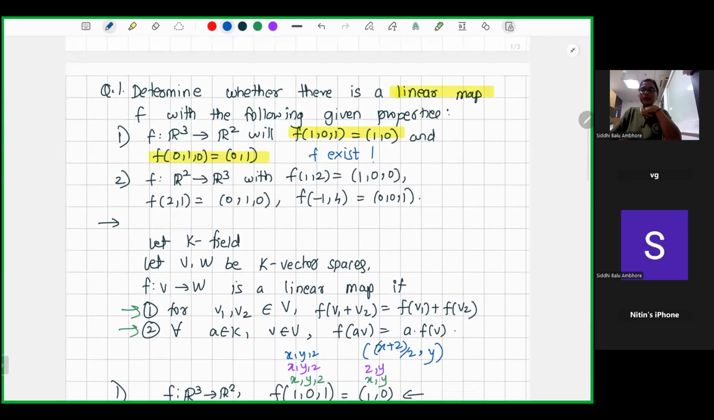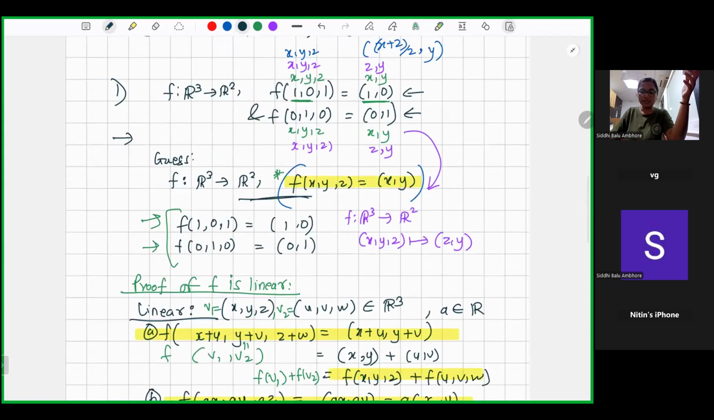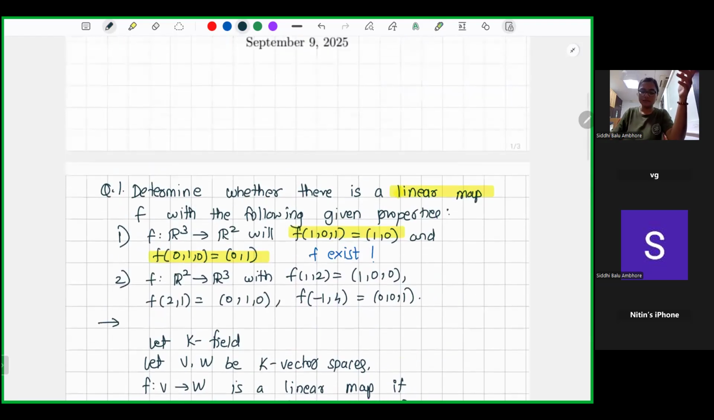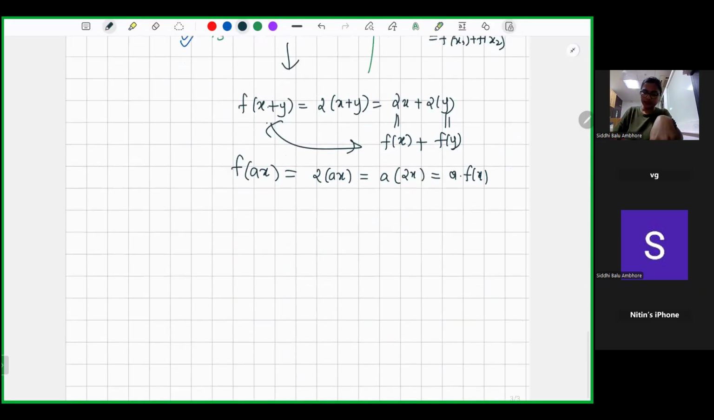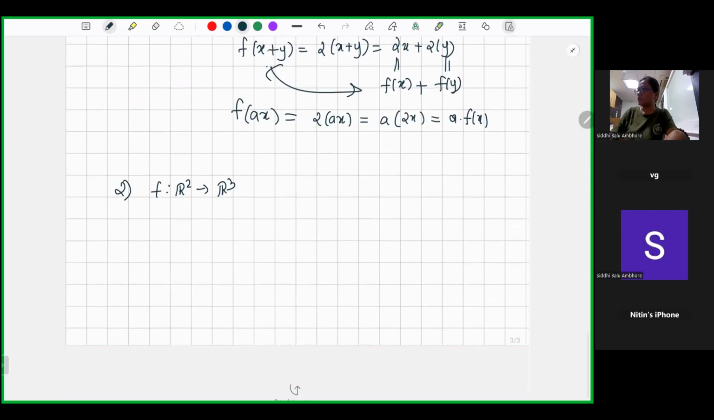So similarly, now we have to check the second one. So now we have to check whether for this second map, such f exists or not. So the second one is f from R2 to R3 such that